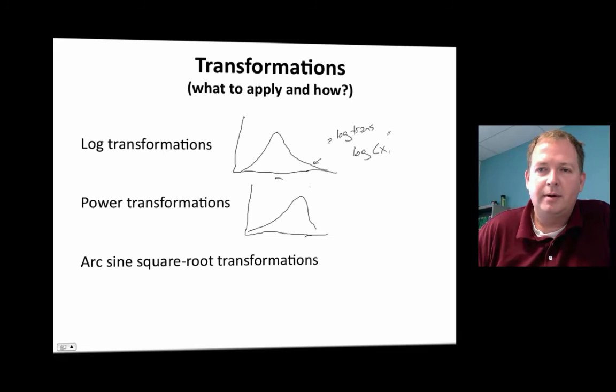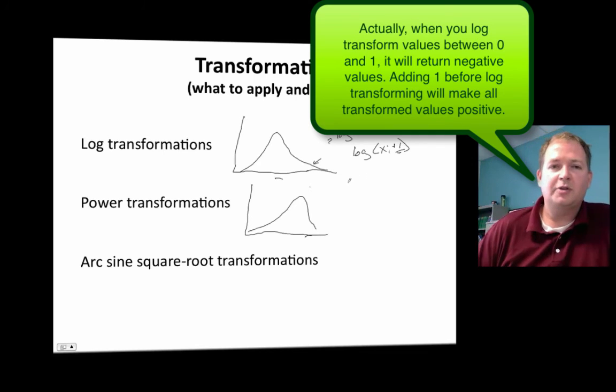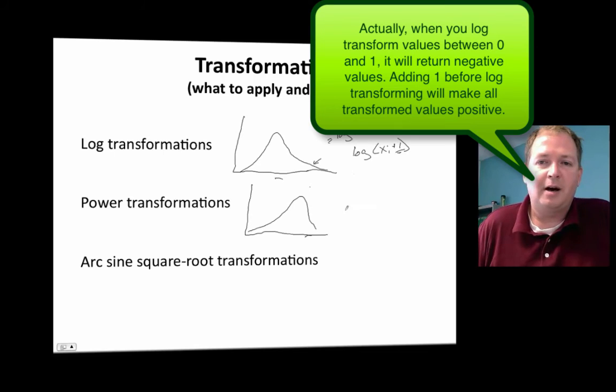observation plus 1. The reason I throw in the plus 1 is that if you have any observations that range between 0 and 1, so in other words they're decimals, you still return a value when you take the log of that value. Log transformation is something you're going to find commonly useful. You're going to use it quite a lot to transform this type of data set so that it better approximates